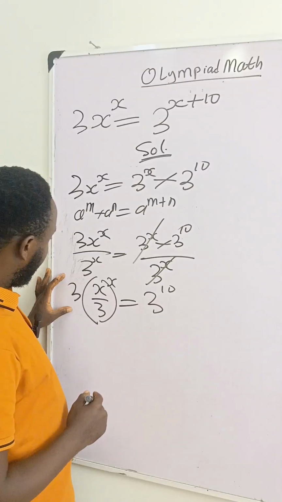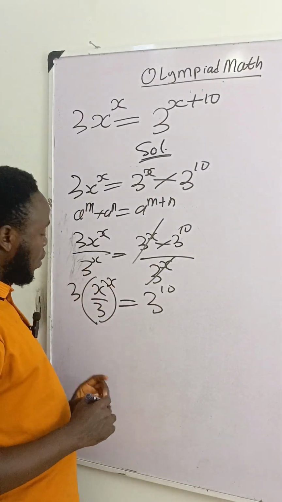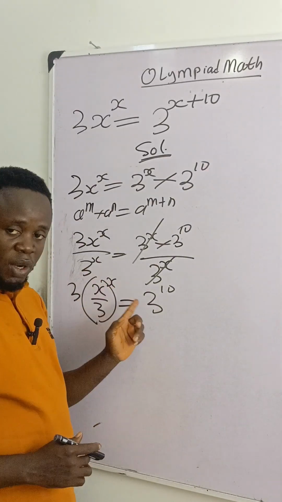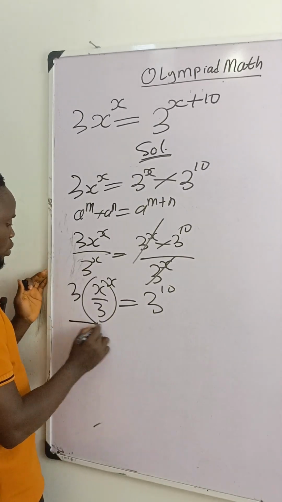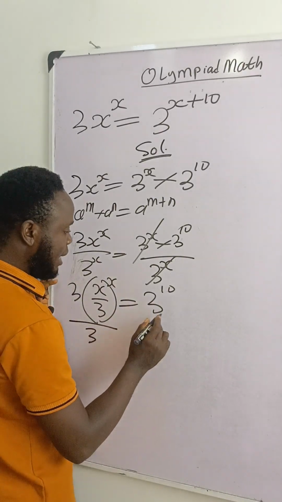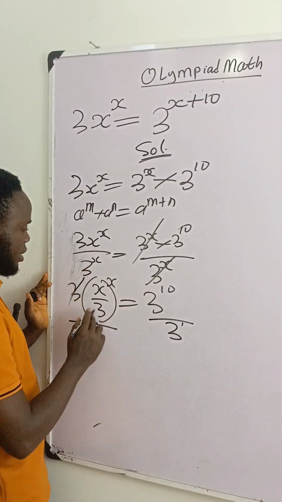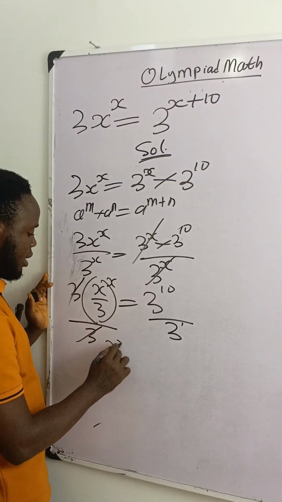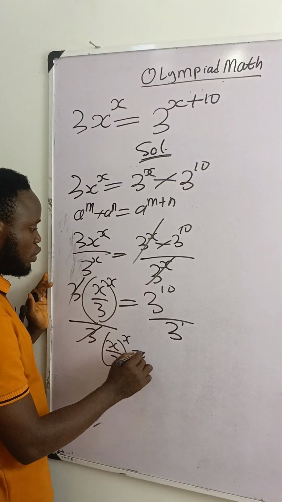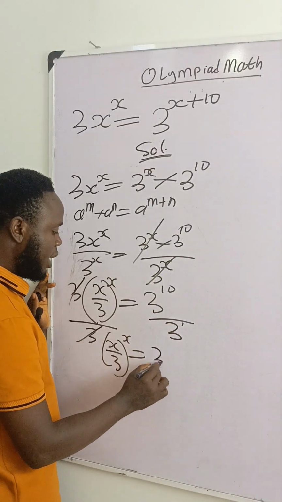Then let me remove this 3 again, so that I'll keep removing one after the other until this particular x we are looking for will remain alone. I will do that by dividing both sides again by 3. So that we have x over 3 raised to power x is equal to 3 raised to power 10